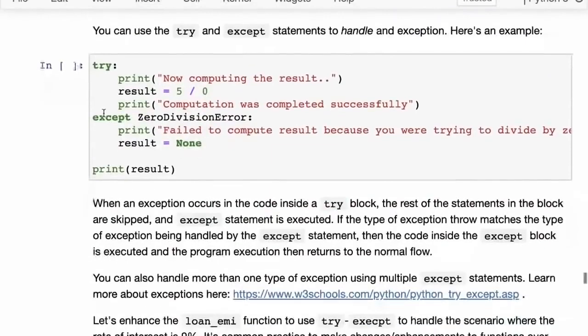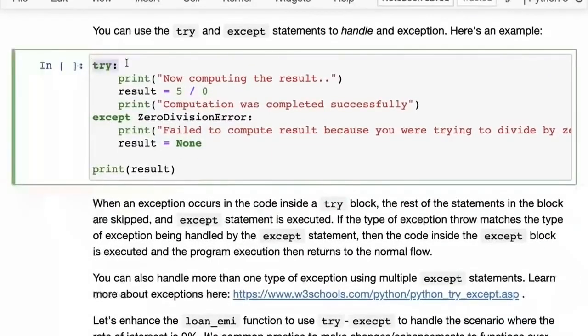Okay, so here's a small example. What you do is you say try whenever you're writing some code which you think might cause certain errors. So you say try, and then here I'm going to print a statement saying computing the result, and then I'm going to divide 5 by 0. Bad idea. It's going to break here, and then I'm going to just say computation was completed successfully. Now, since I know that this might break, because maybe 0 came in as a function argument or something like in the previous function,